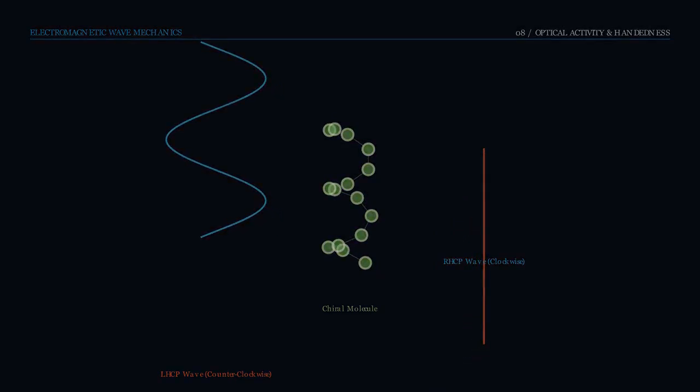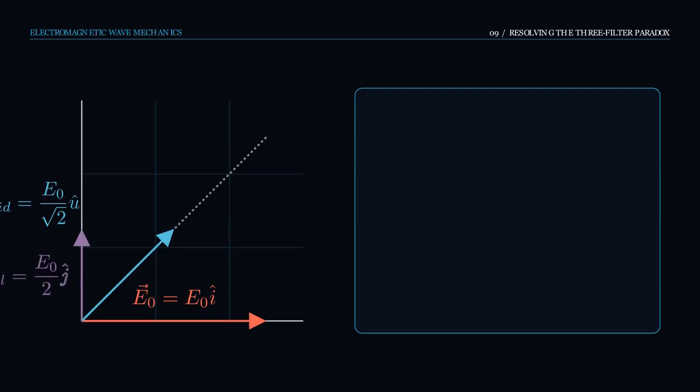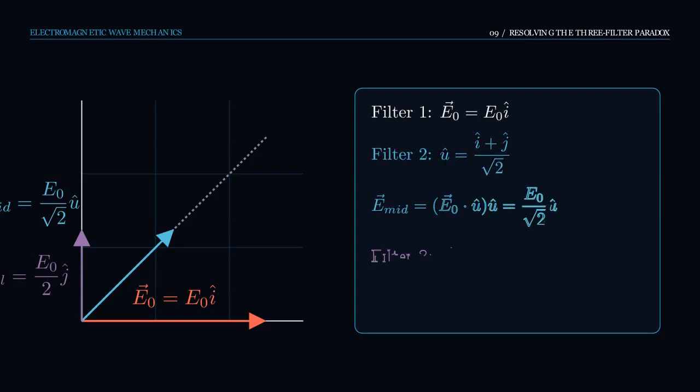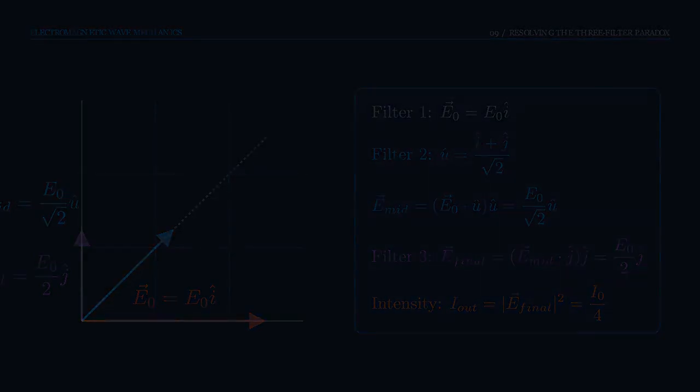Now we can resolve the 3-filter paradox geometrically. The first filter permits only x-polarized light, represented by the vector E equals E_0 i. The third filter is oriented along the y-axis, represented by j. Because the dot product of i and j is 0, no light exits. However, the middle filter is oriented at 45 degrees, with a unit vector equal to the sum of i and j divided by the square root of 2. The projection of the first wave onto this middle axis is non-zero. This new diagonal vector then projects onto the y-axis of the final filter, resulting in a transmitted wave with 1/4 of the original